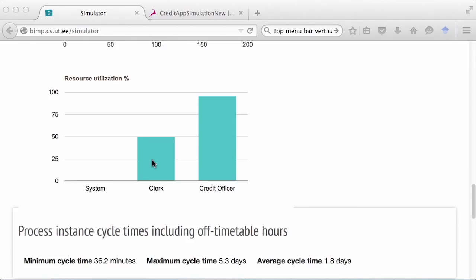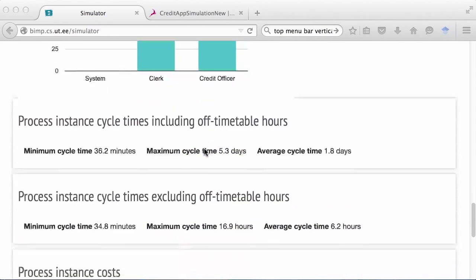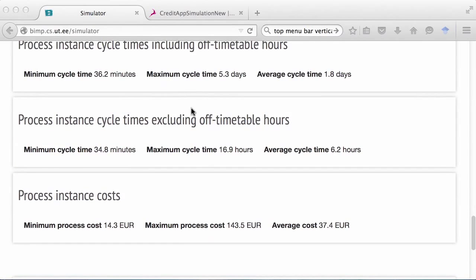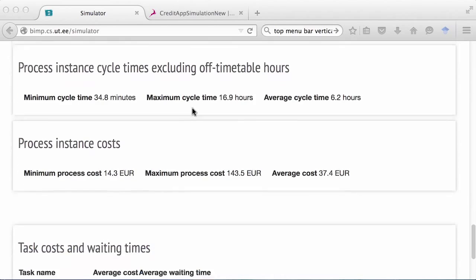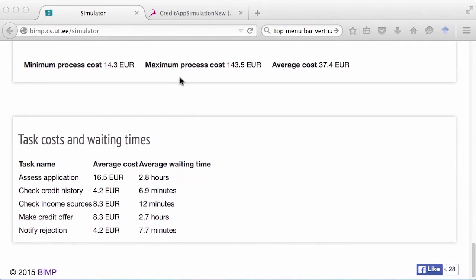Thus, waiting times will be observed mainly for the tasks performed by the credit officer. BIM also provides us other statistics, including mean, max, and average cycle time and cost per instance, as well as waiting times for each of the tasks and events in the process.